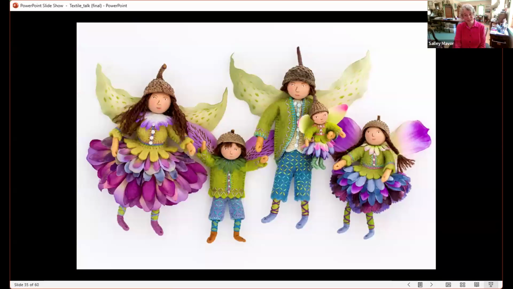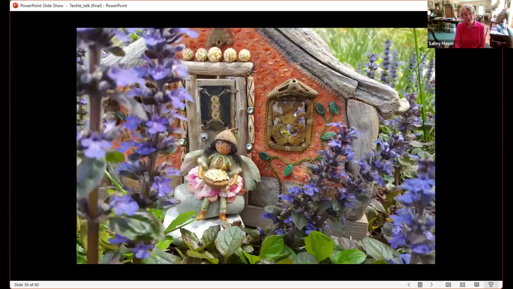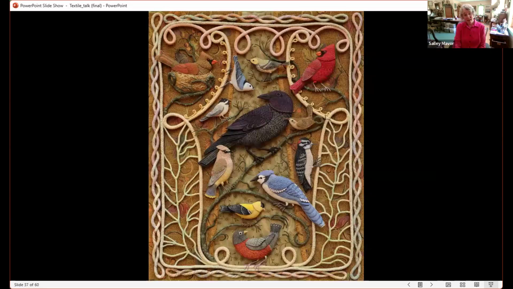Then the fairies invaded and they stayed for about 10 years. That's when I realized that I better stop making them or I'd never leave their world. I started making larger, standalone pieces like Birds of B.B. Woods, which features a dozen life-size birds from my area of New England.